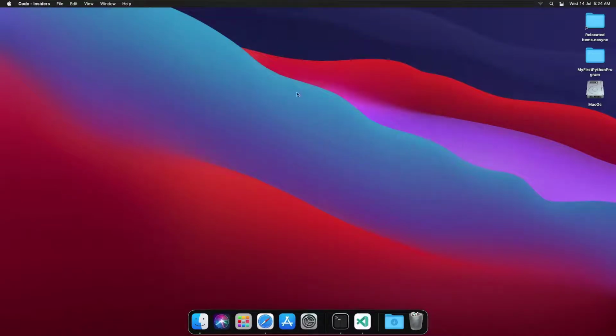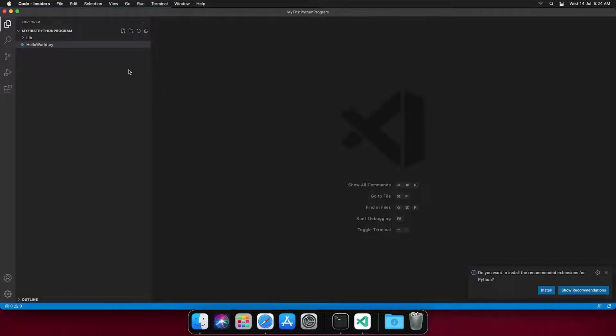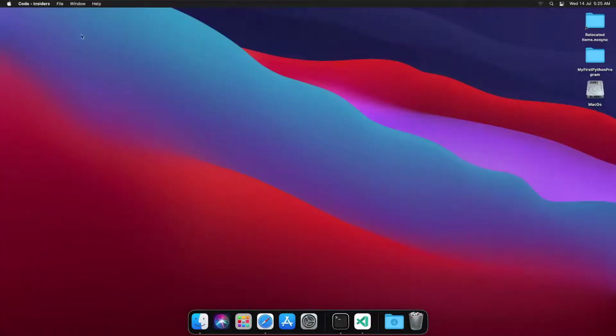Though you will be asked permission to open it the first time only, Visual Studio Code is then up and running. So very simply, you can download it and install it, then create the folders and all that, which we will see in the entire setup for Python in Visual Studio Code. Just as information, the setup for Python development in Visual Studio Code is the same for all three operating systems, either Windows, Linux, or Mac.